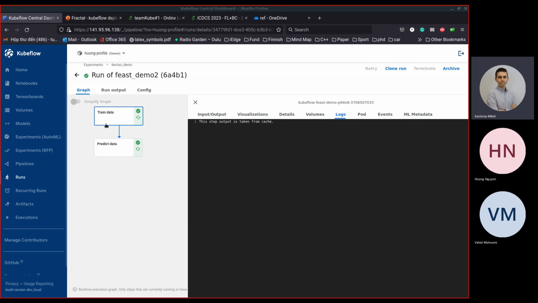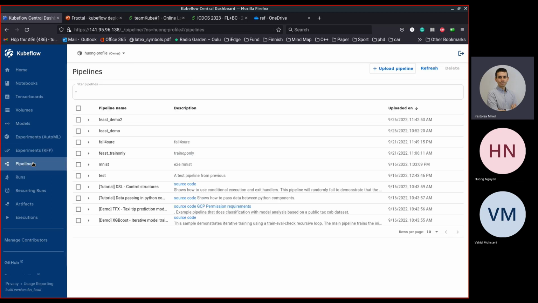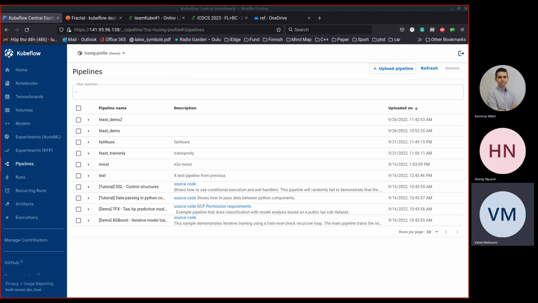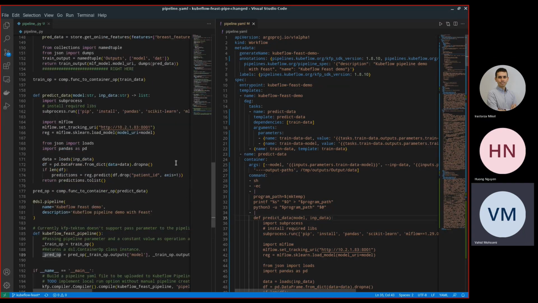This run, or this code, is running with a Docker image, or is it code that you have been writing there? So I can explain it here. The thing is that you have to do two things. First, you have to write your script, your functions, inside one Python file, and use the Kubeflow Pipelines SDK to generate the YAML file, like the names of the containers and all the containers themselves, and then upload this